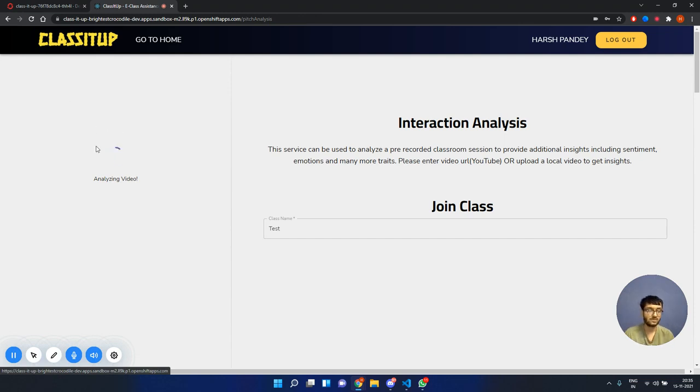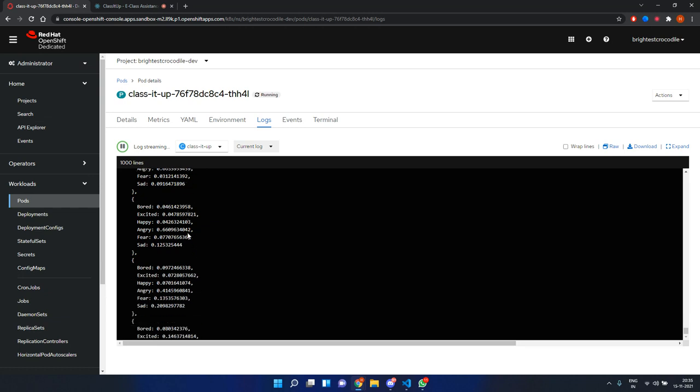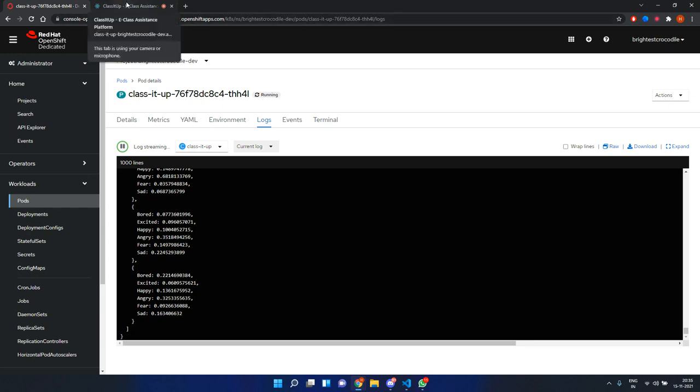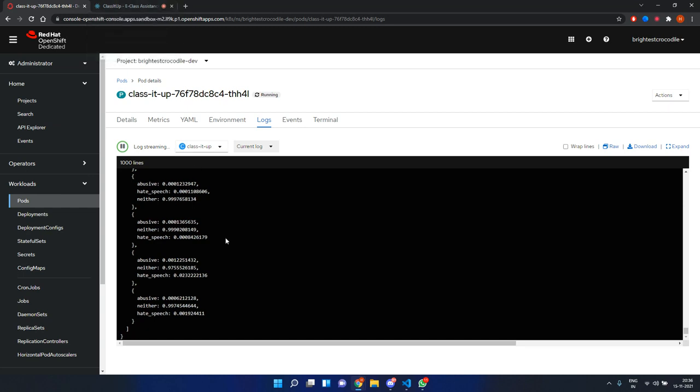Currently the analysis is going on. Apart from this, this feature can also be used to analyze the conversation between customers and the customer care service employees, so that the company can get a better view on the demands of the customer. As you can see, the data is being generated here, and after it is generated, we can just go back to the dashboard and see the results there. As you see, the entire data is being generated.